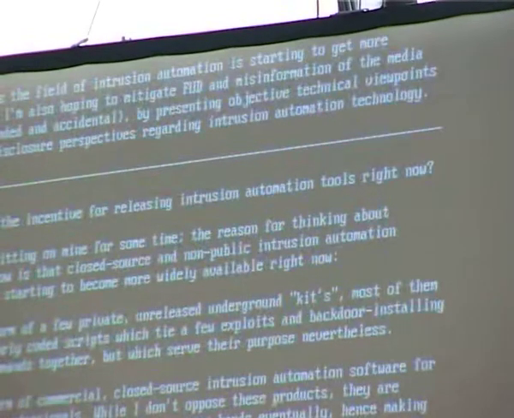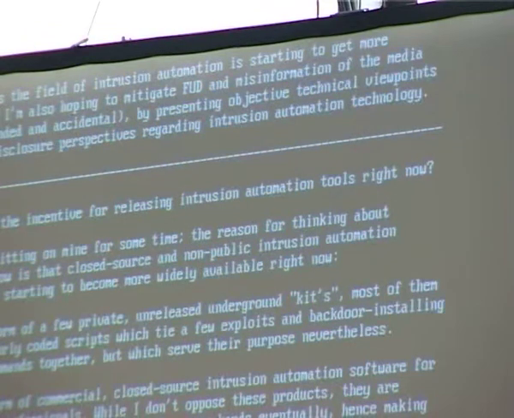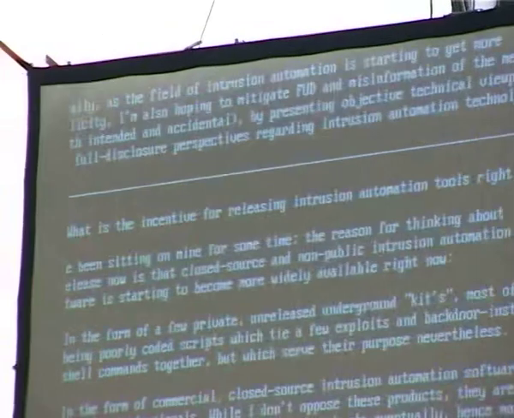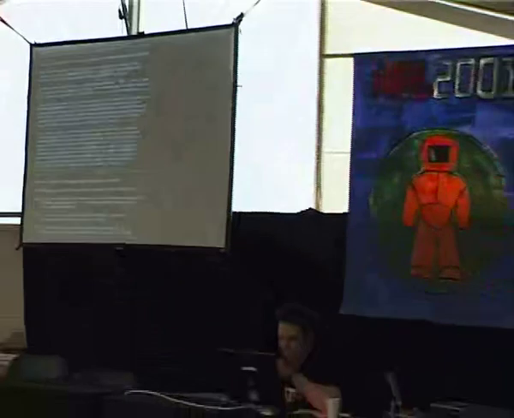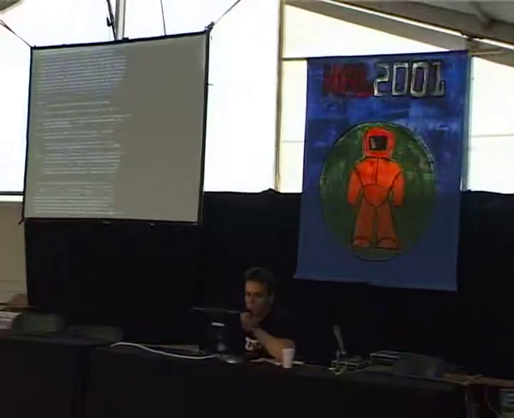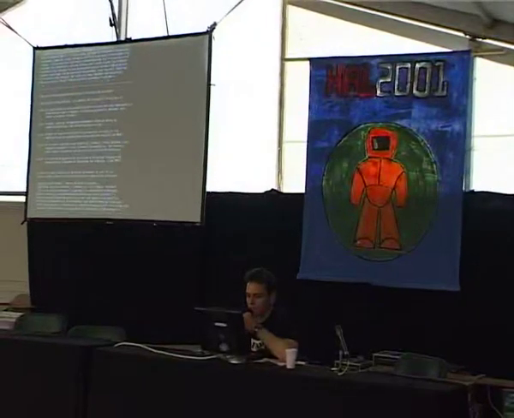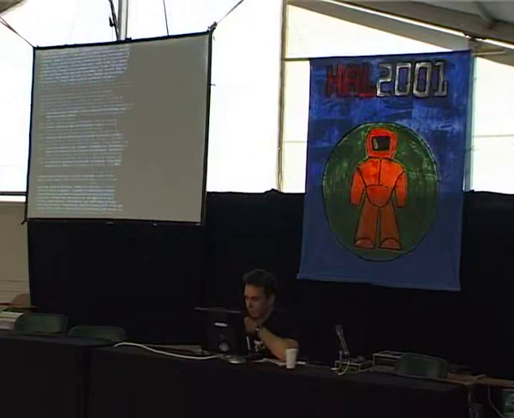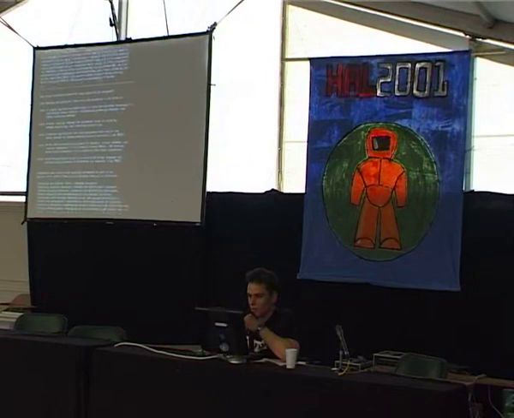So basically, what's the incentive for using automation tools right now? The answer is simply, they are out already. There are these kits. Commercial exploit automation is coming. Maybe there are some private versions out already from company to company. I have no idea about that. And finally, there are worms, which are exploit automation essentially, in a very different form, in a simpler form, but